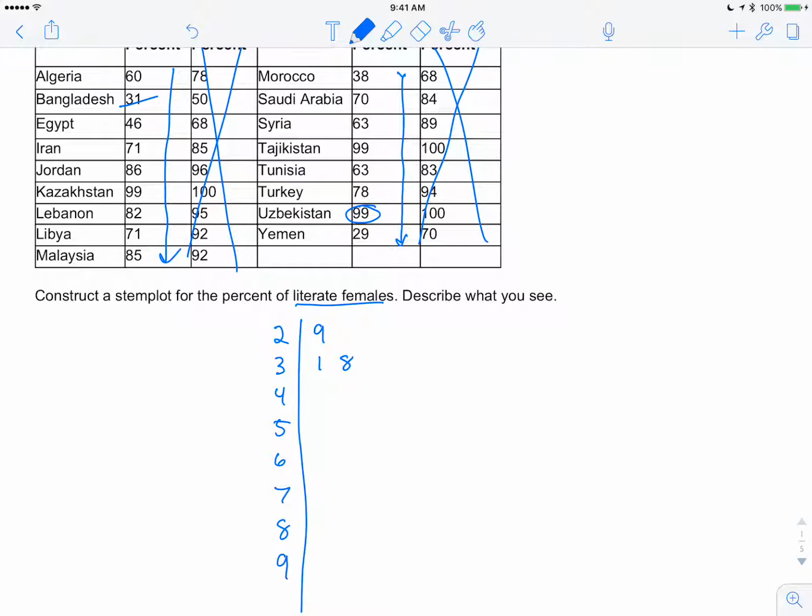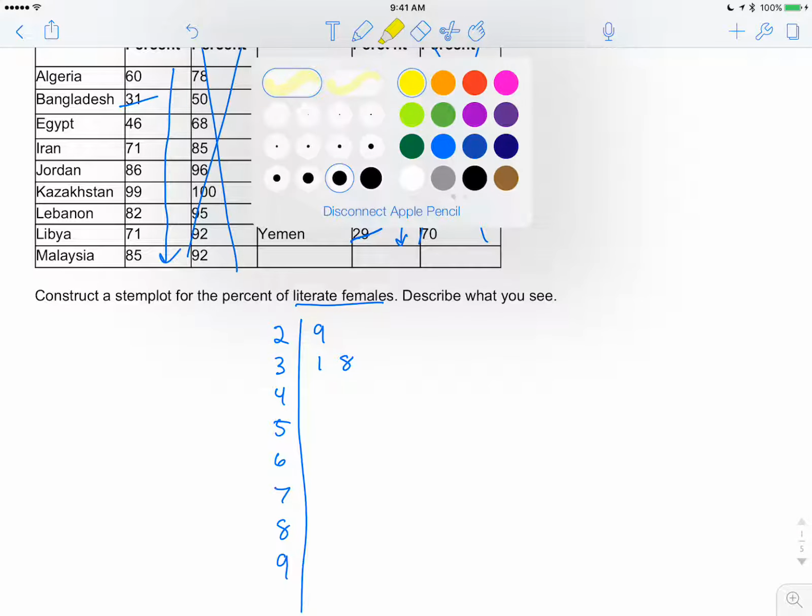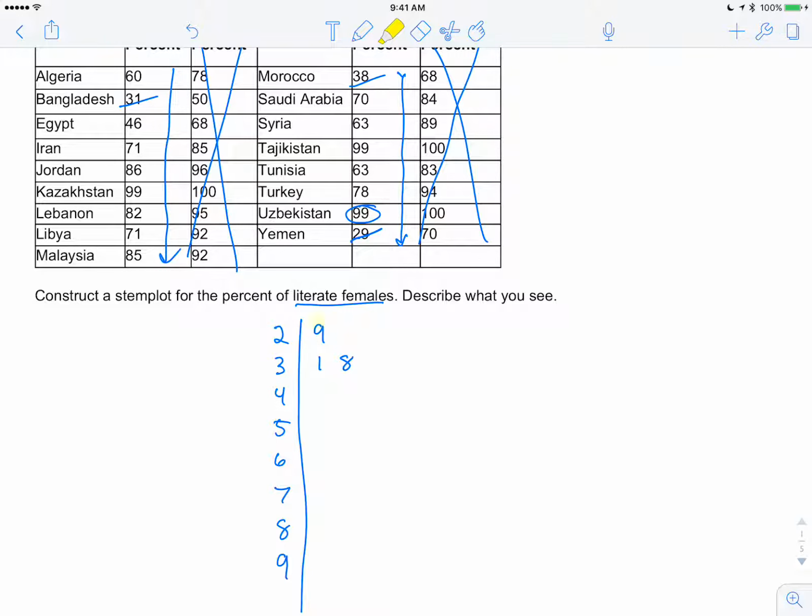And go ahead and cross those off your list so you don't have to worry about them again. Same with Yemen here. You'll notice that when I make the list for you for the first time here, I'm lining up my data point values in columns. So I'll try and showcase that right now. That's going to be the first number, then the second number, then the third number, and then